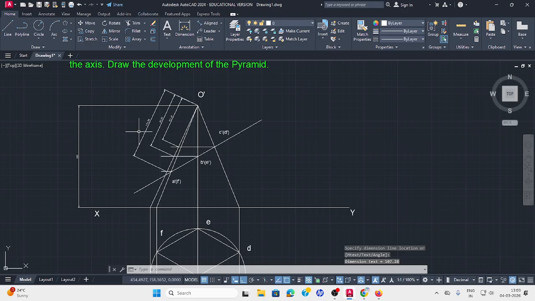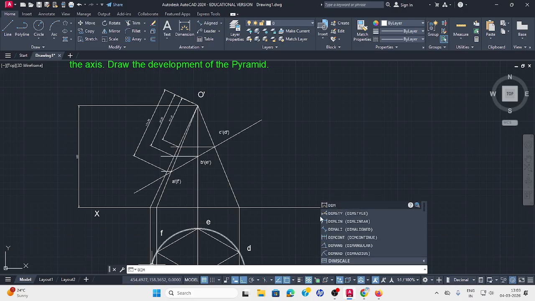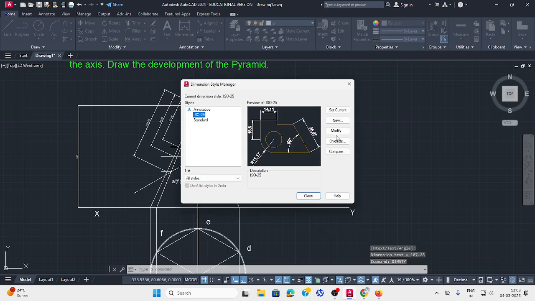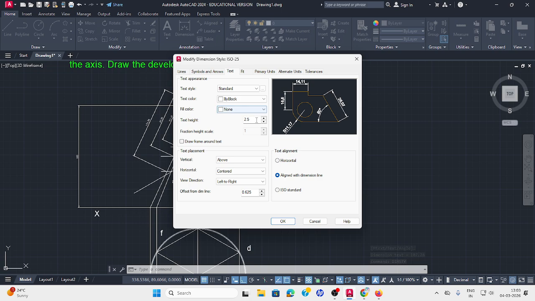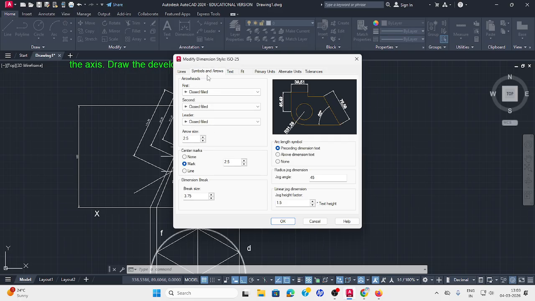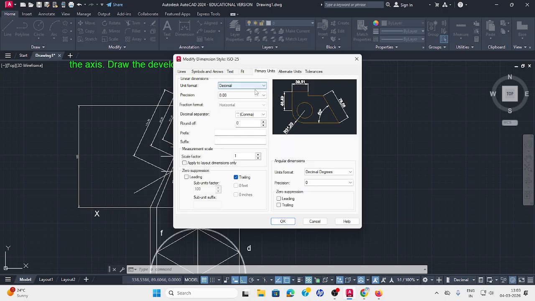You want to increase the text height, go to the dim style. Go to dim style, modify, text. Text height is default 2.5. It is not visible, so I give 7. And symbols and arrow size also 2.5, I increase to 6. And primary units